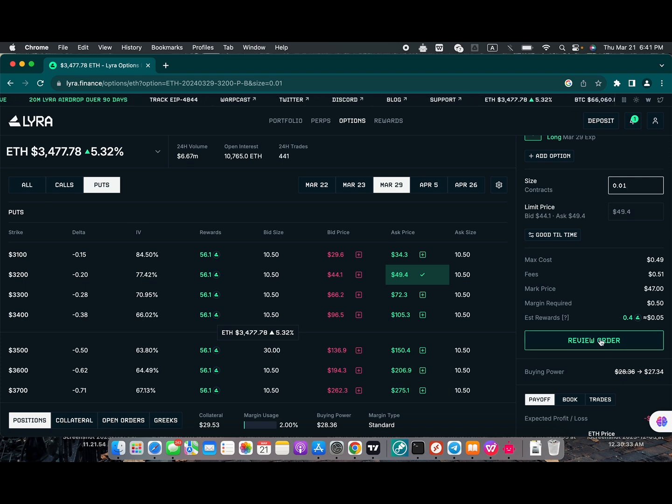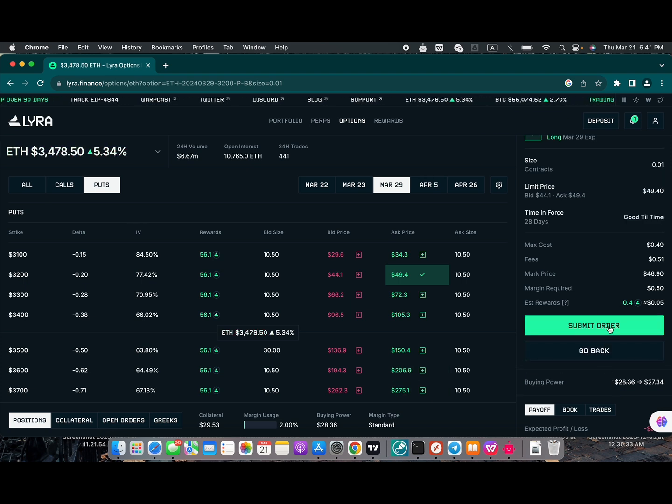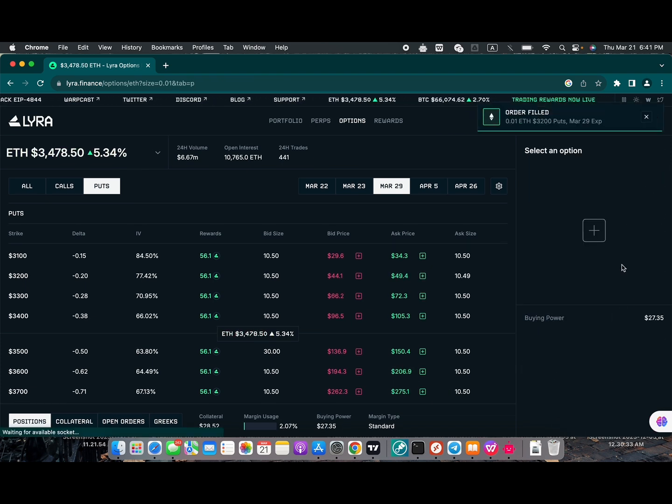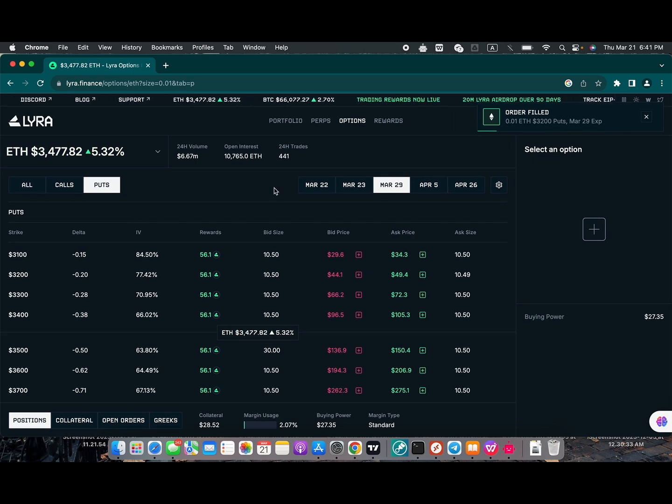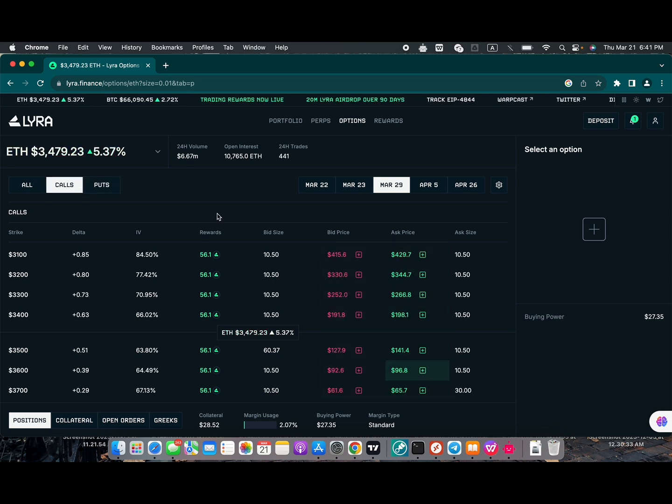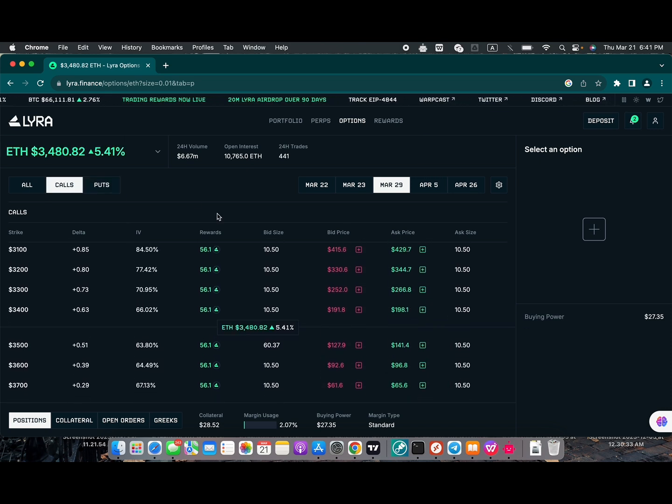If we review the order and submit the order, I like to buy on market because it automatically puts it in your wallet. So we've tried put options, and let's do calls, because calls weren't going before. So let's try